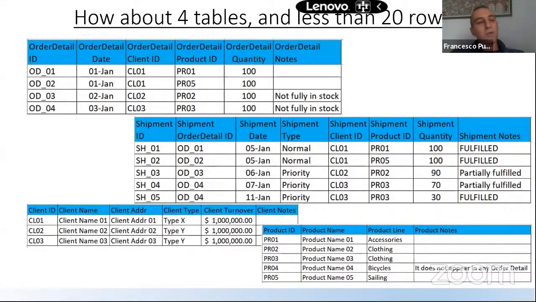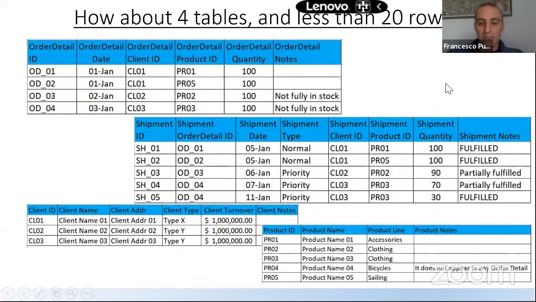But the example I brought today to you is made of 4 tables. Why did I do this? Because I believe that with 4 tables, I can share a lot of concepts. And it's quite funny that some time ago, one of the reviews of the book on Amazon, the reviews are very, very positive, but one of them was criticizing that I'm making examples that are too small. So the guy who wrote the review wanted to see an example with 1 billion rows. And I'm totally the opposite, because I'm saying if there are problems already with less than 20 rows, we should better solve these problems in a small data set. And then we should address the problem of the performance, which is also very important.